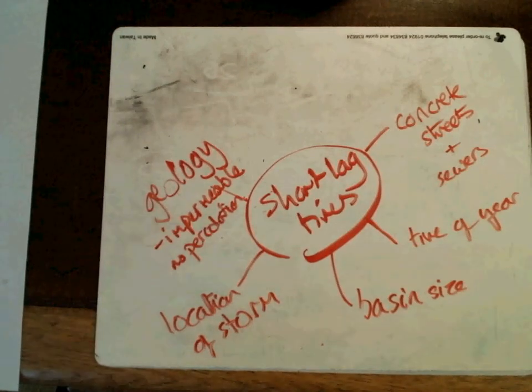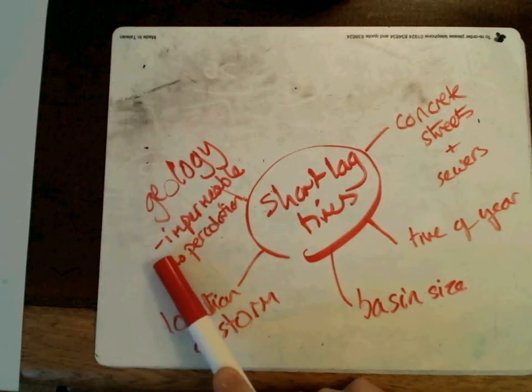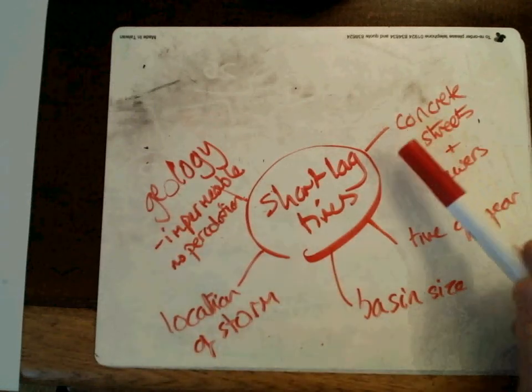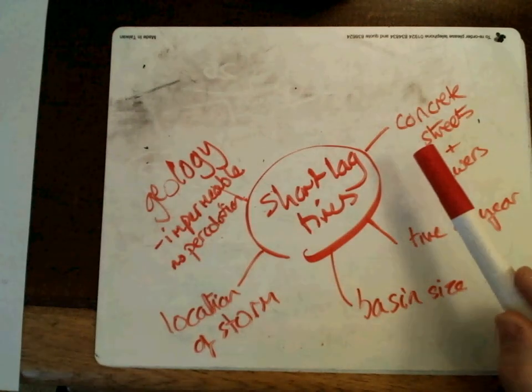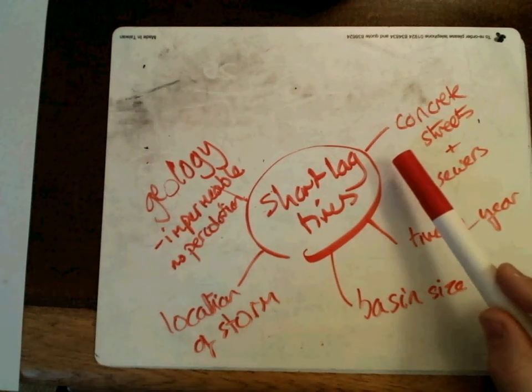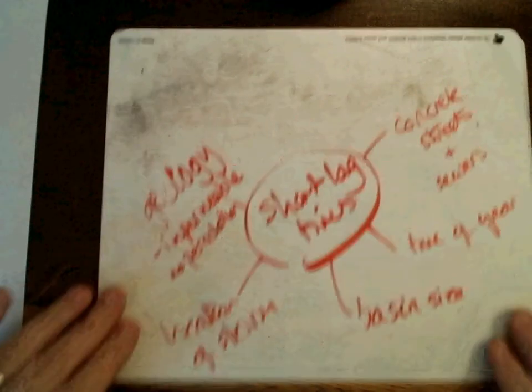What if, though, you want to describe why the river is filling up slowly, why there is a long lag time? Well, first of all, it's worth pointing out that, of course, the basin could be a large basin. The storm could be located further away from the river within the drainage basin. The geology might be permeable, therefore percolation can take place. And of course there could be an absence of urban areas, which are therefore going to mean that rain can infiltrate into the soil and that will slow it down. All of this is kind of obvious, but just to be thorough,